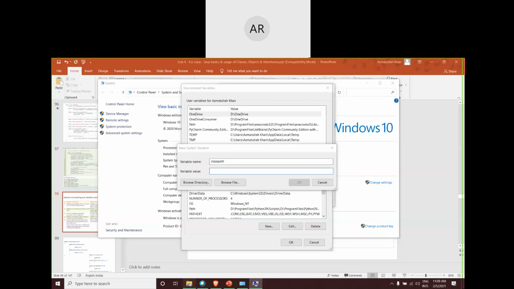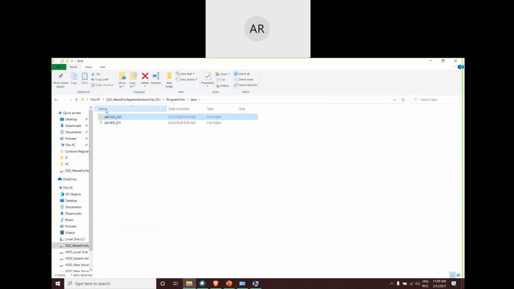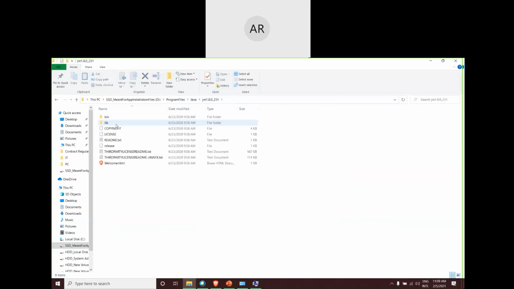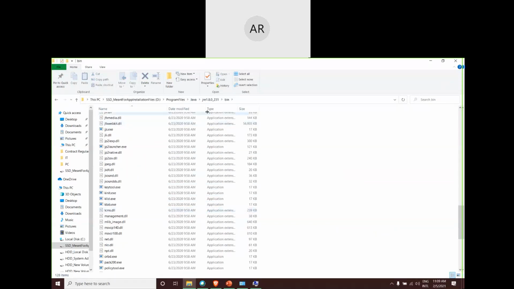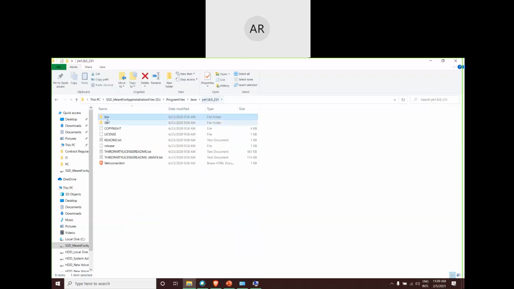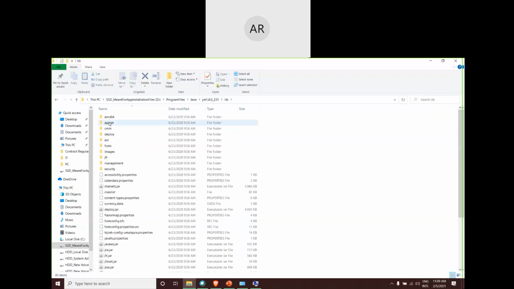get back to the installation directory. We were there in the Java directory, right? JRE, Java Runtime Environment, is a separate folder, right? Open that folder. In this one, don't go for bin. Bin we have already mentioned for our Java compiler, for our JDK, right? We'll go for LIB, library. Go for this library. In this library, we are concentrating on the runtime environment, right?